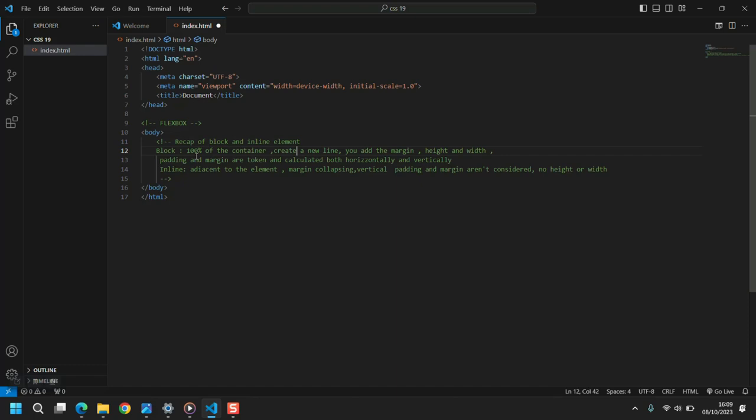They create a new line, so they stay on their own line. If one box has margin 20 pixels and one has margin 30 pixels, you add the two margins, so the margin between them is 50 pixels. You can use height and width with block elements, and padding and margin are taken and calculated both horizontally and vertically, which means that you use padding and margin and they are calculated